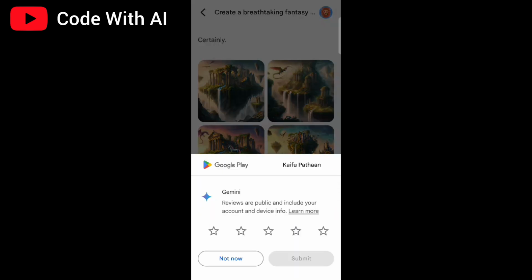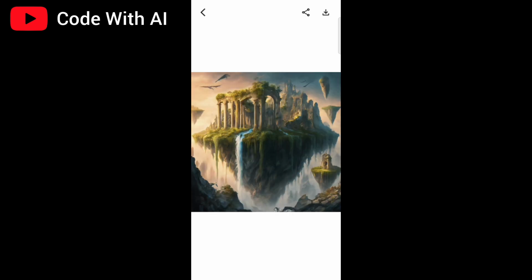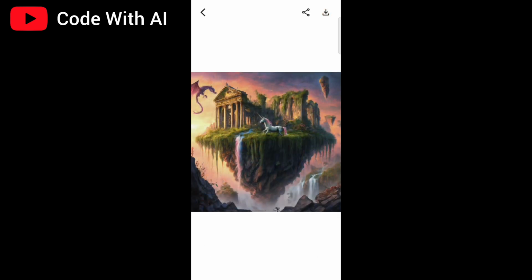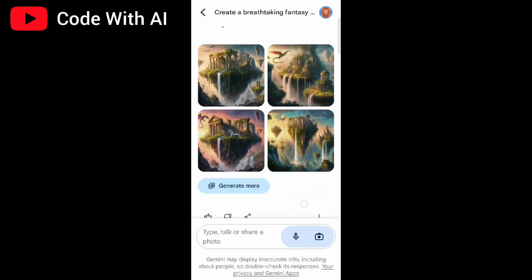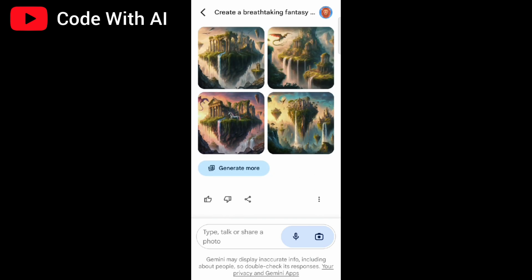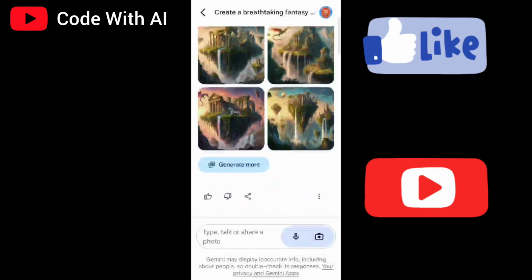Wow, it looks amazing. I truly like Google's Gemini image generation model. It's incredible. The dragons and the floating islands. It's very good. By using Google's free image generation model, we can use it for creating book covers, YouTube